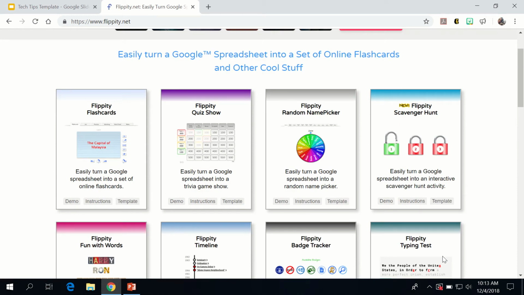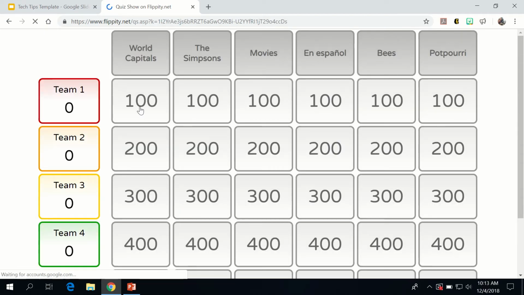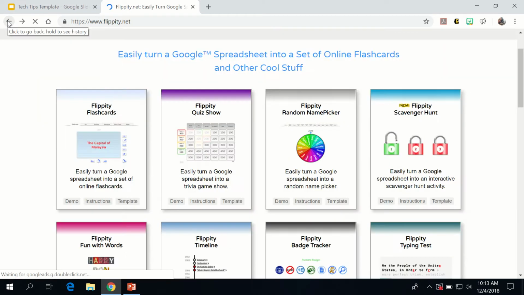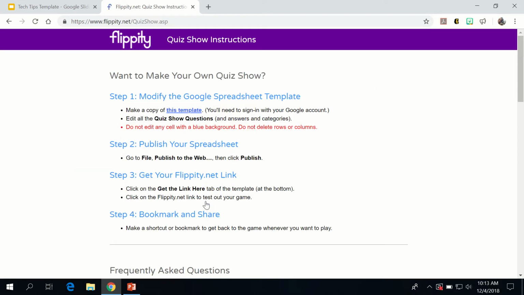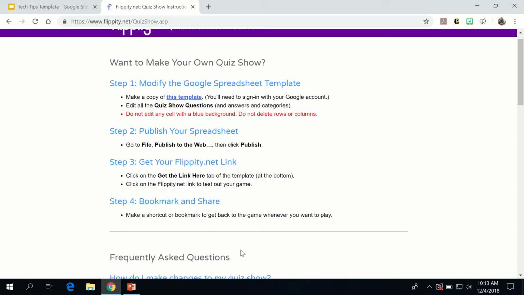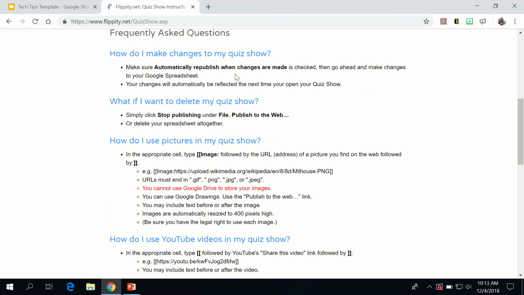The cool thing with this is that if you turn it into a quiz show, you can see a demo and you can see if it's something that you really want to use, or if you don't want to use it, it just doesn't do what you need for it to do. Well, there it goes. So you click on instructions and it gives you really simple step-by-step directions, and also has some